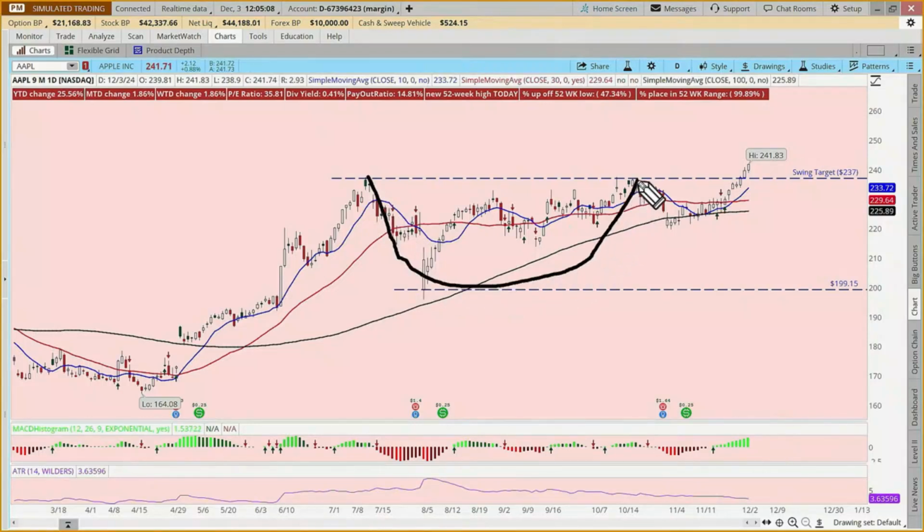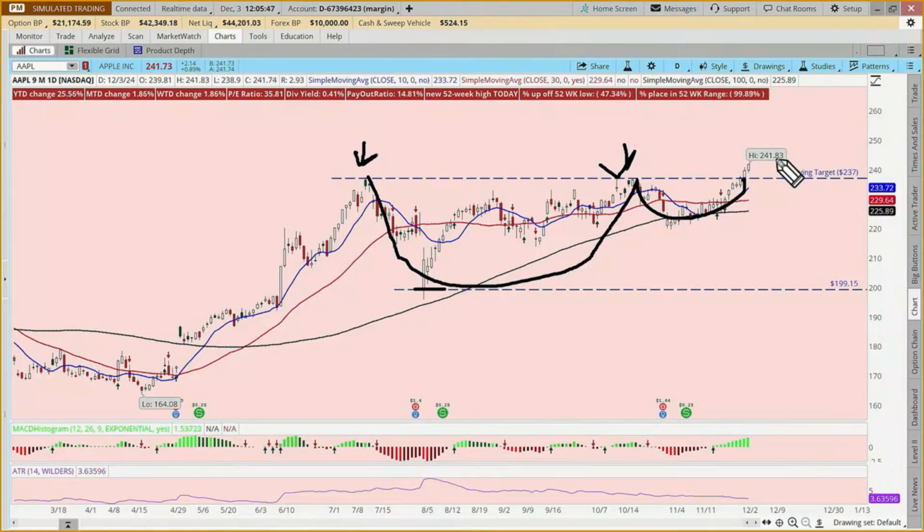And when I see this, I see kind of a cup and handle pattern where it came down to a low here around 199, and it came up not just once, but twice it came up to this 237-ish level, and then yesterday it broke through. And one day does not necessarily a pattern make, but it did break out and it has continued up. And this is a new all-time high for this stock. And so some people might say, well, hello, it's at an all-time high.